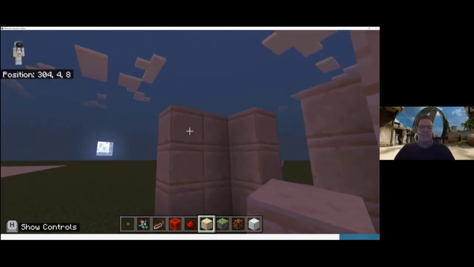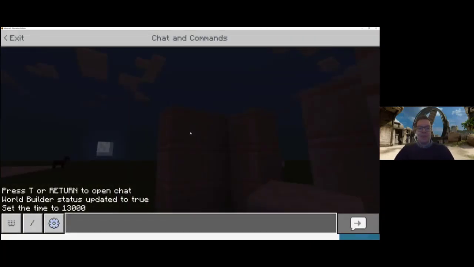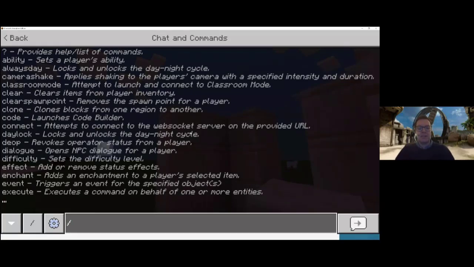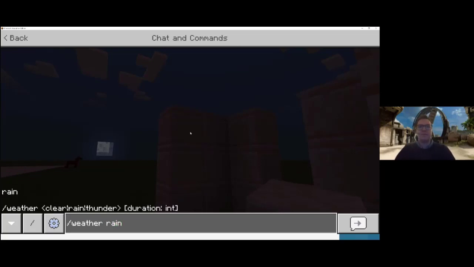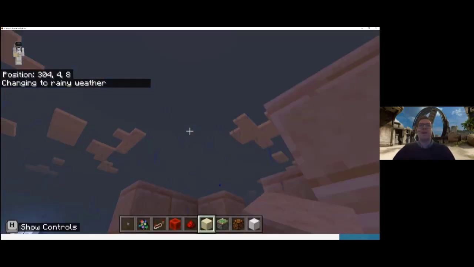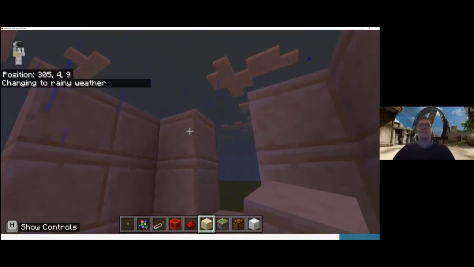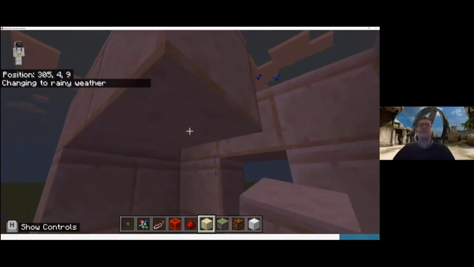So again, as a teacher, I'll press the letter T, and I'll press the slash command, and I'm going to type in /weather, like so, and it gives me the option of clear, query, rain. Let's try rain, and then enter. So all of a sudden it'll start to rain, so the children are getting wet, so they need to start to put a roof on their shelter,